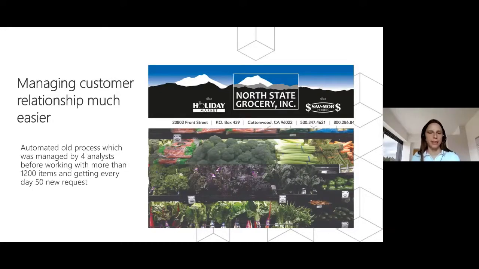This company, North State Grocery, is a food supermarket in California. California is the most populous state in the United States, and it's very competitive, right? And so as to stay competitive, they want to get feedback from their customers so as to adapt to it. They also had this process before, but as you can see,